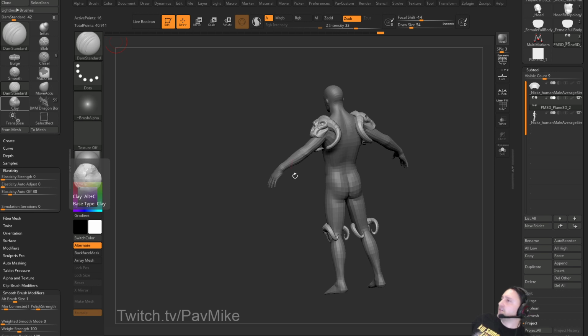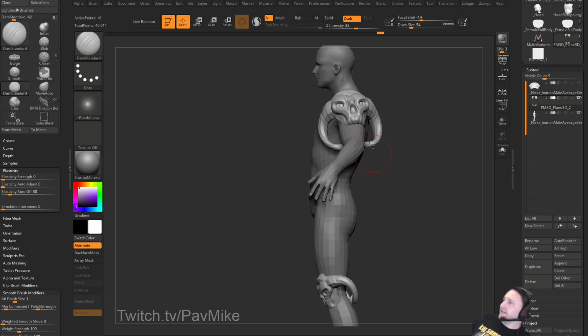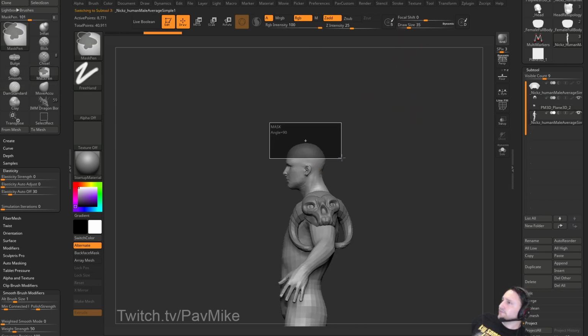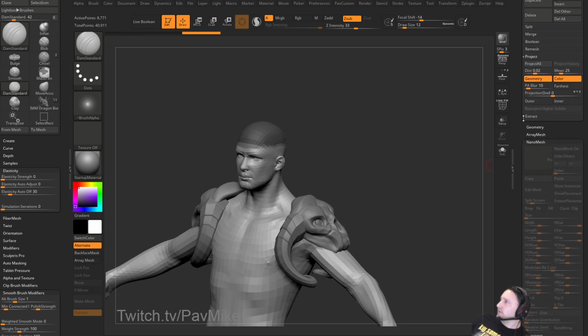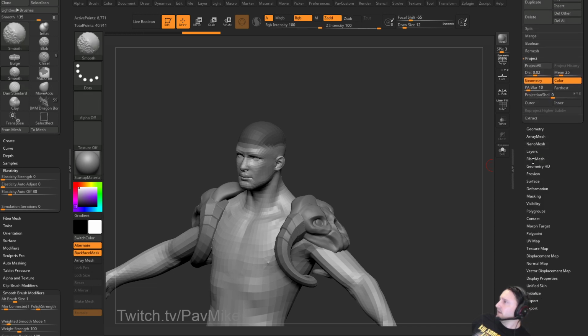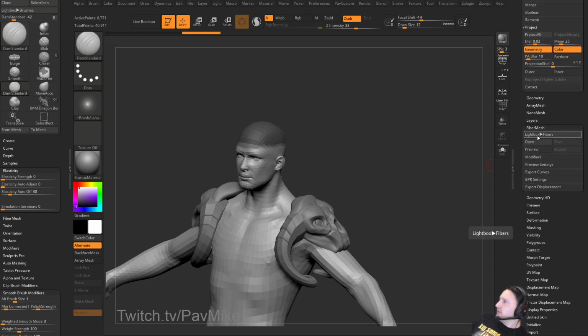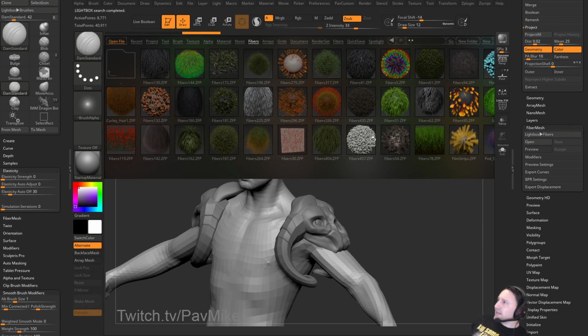Dynamics of fiber mesh. Yeah, Joseph Druss did that. And I did a little bit of it when I was demoing. I can always go through here. So we have fiber mesh and go in there to Lightbox fibers. I don't know, grab